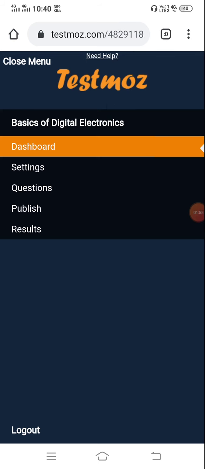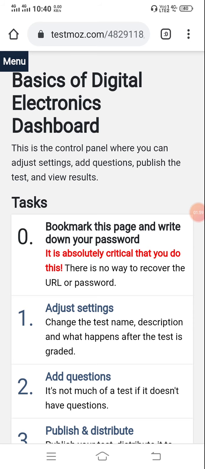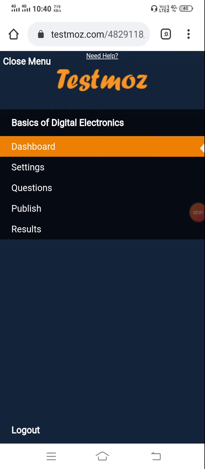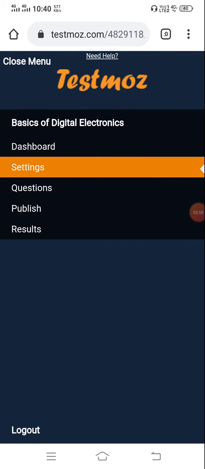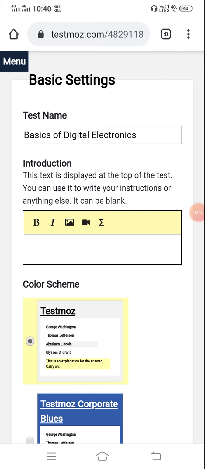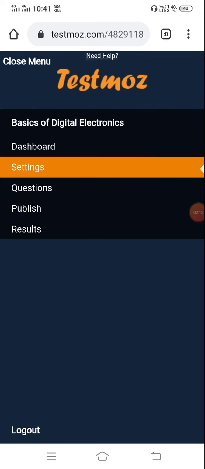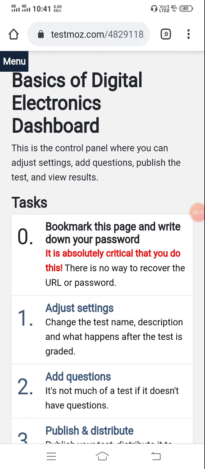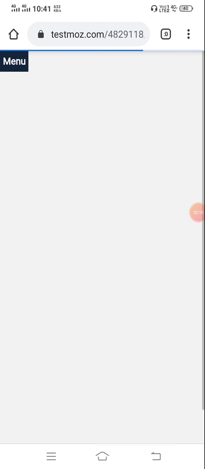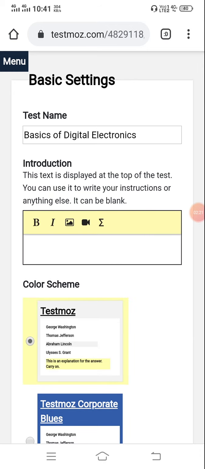Otherwise, you go to the menu, close the menu, and the page looks like this, or otherwise we go to the menu settings. Either you go through the menu settings or adjust settings in the dashboard.